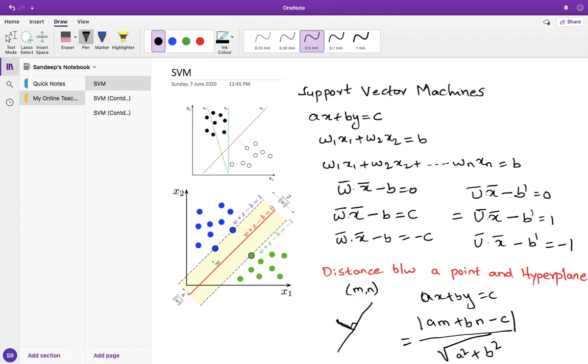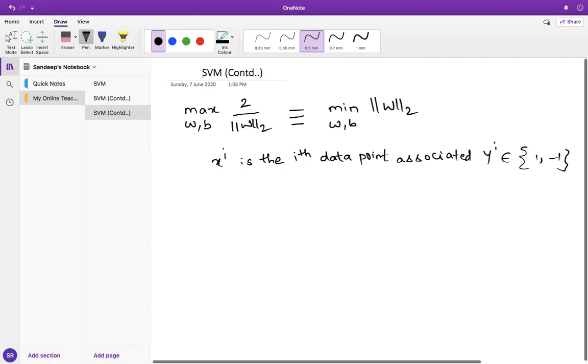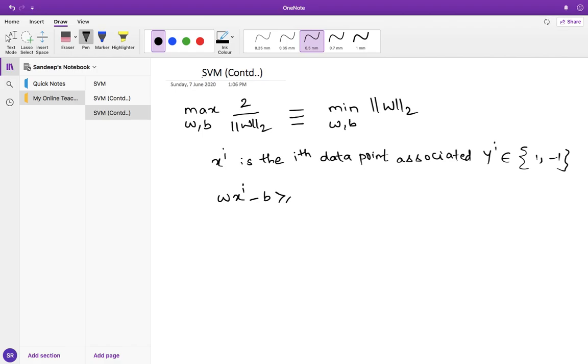The line which passes through the support vectors is wx minus b is equal to 1. When you substitute all other points in this one, they will always be greater than or equal to 1 because they are above this line. And all these points are below this line. So when you substitute this particular point here, it would be wx minus b less than or equal to -1. So let us incorporate both those conditions here. wxi, so I am substituting the data point, minus b is greater than or equal to 1.